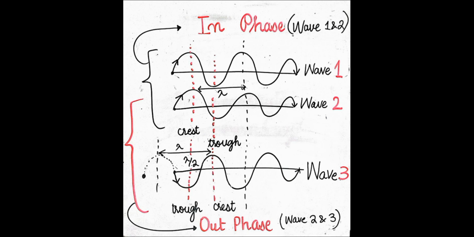Over here you can see that this wave is half of the wavelength. You can see this is the whole wavelength, from this crest to this. If we see how much difference there is, this is the whole wavelength, but this wave starts from this point. From here only one trough comes until the crest, so this part is missing. That is why it is divided into two portions, 1 and 2. So this is lambda by 2, which is the out of phase, starting in the opposite direction, so the trough meets the crest and the crest meets the trough. In order to cancel the two waves, destructive interference occurs like this, and we use the destructive interference principle in